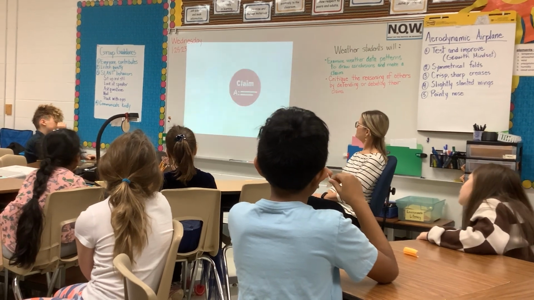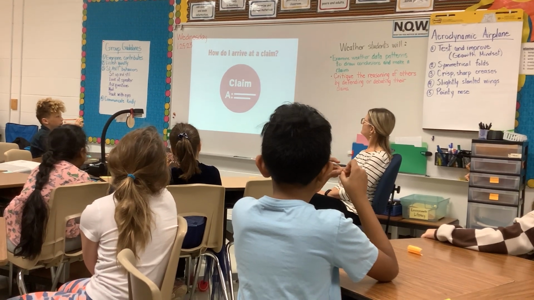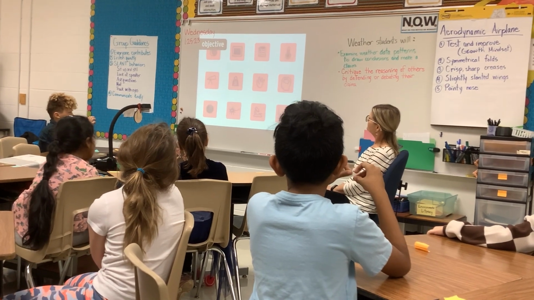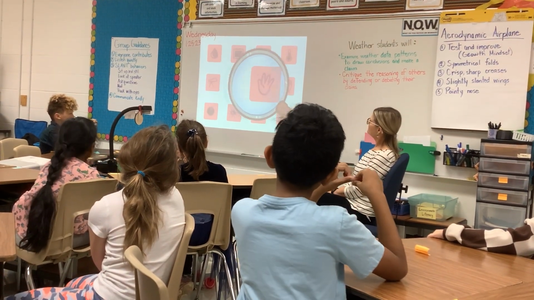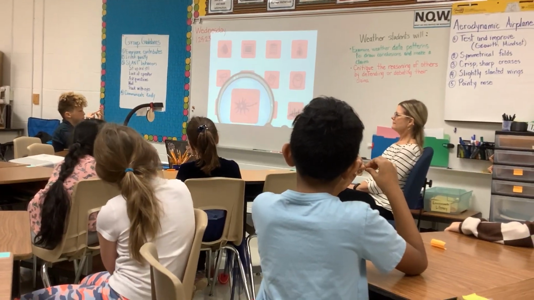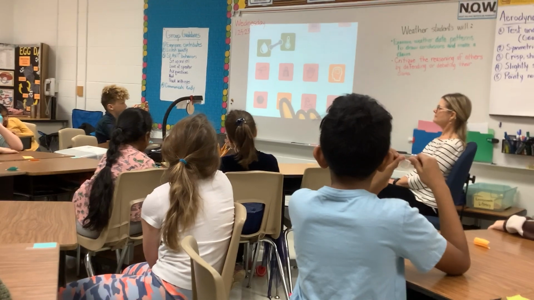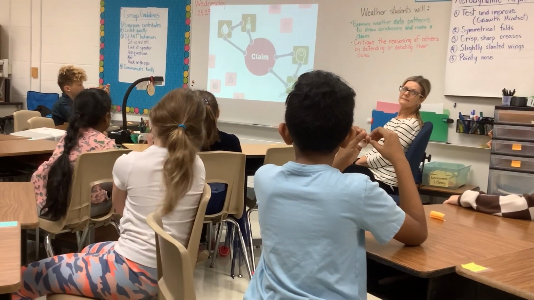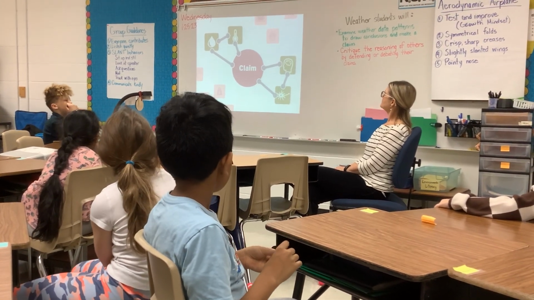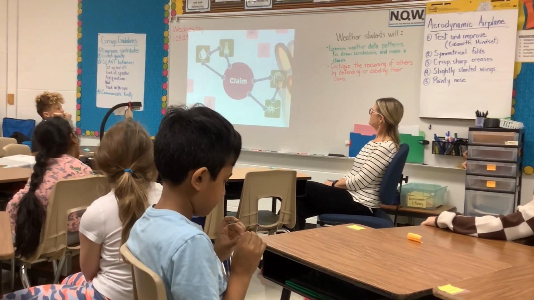You can start with the claim, your answer to the guiding question. How do I arrive at a claim? Above all, it has to be objective, based in fact. So examine the observations you've made one by one. Ask yourself, do any of these suggest a possible answer to the question? You might notice certain patterns, like that this observation lines up with that measurement, and they both point to a certain answer. Once you have a claim in mind, it will be easier to see which observations provide the strongest support for your claim. These observations will become your evidence.